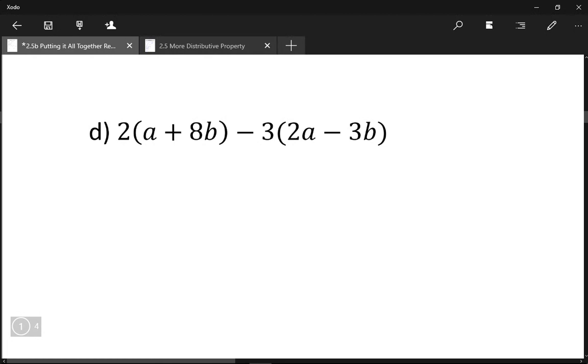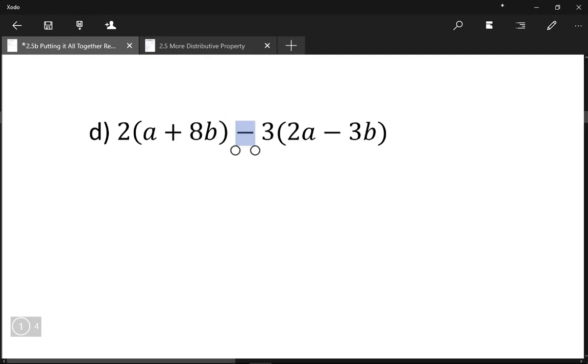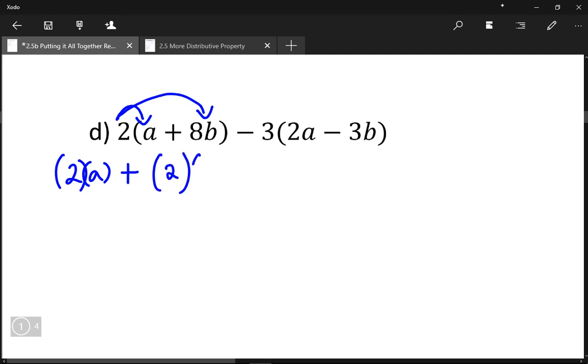So expand and simplify. For this, you have to distribute. So distribute that number or the monomial in front of the bracket. So I'm going to take that 2, and I'm going to multiply it with the terms inside. 2 times A and 2 times 8B. I'll put everything in brackets for now. Separate them by plus sign. So 2 times 8B plus